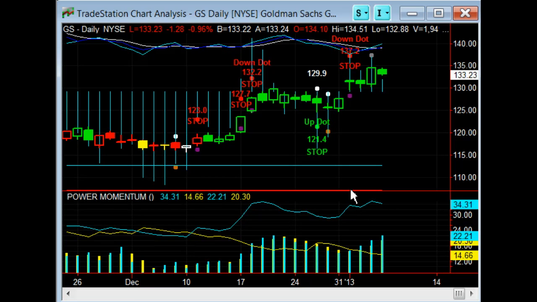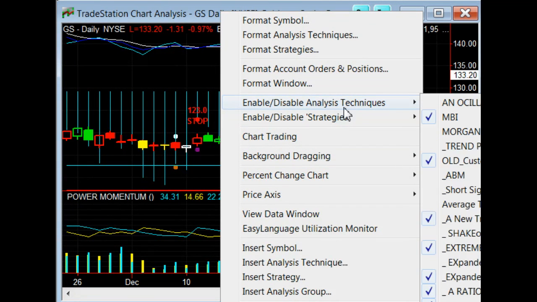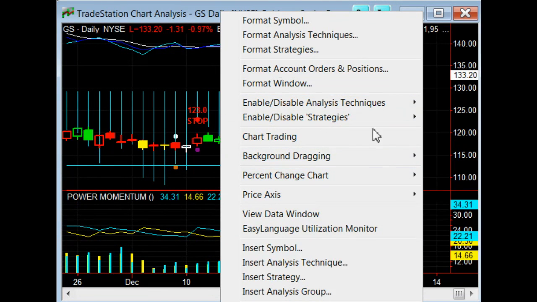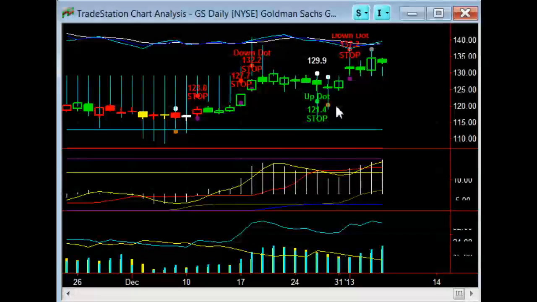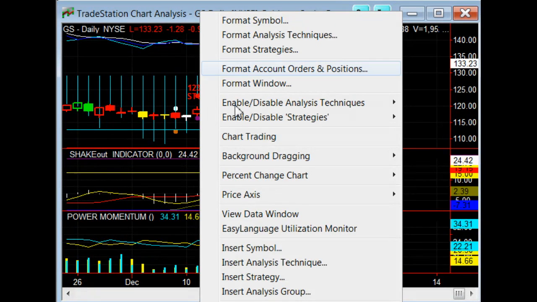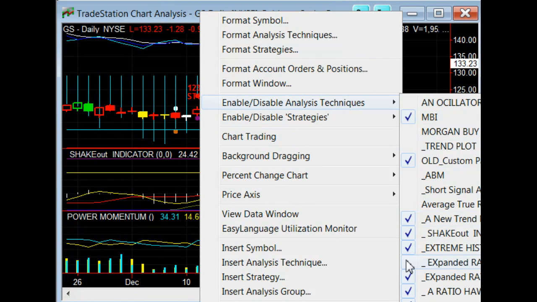Which technical would carry the most weight? That's a good question. I've never really weighted them in that sense. We usually look for a confluence amongst all the indicators. I typically look to the extreme histogram first, and I break it down into these components. And this is why I typically show on my chart, though most people don't know what they're looking at when they're seeing it, these three displayed